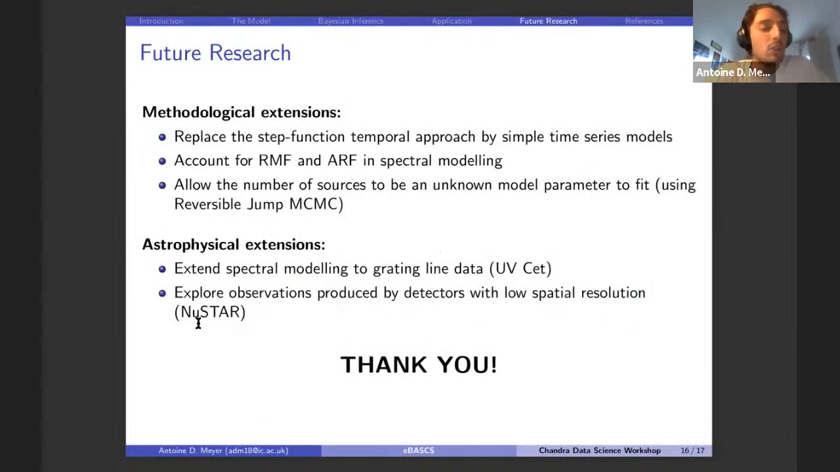So this is where eBASCS is at right now, and there is a number of extensions that we would like to work on and that we're currently working on. First of all, on the methodological extensions, we'd like to replace the step function temporal approach by simple time series models, because the step function,